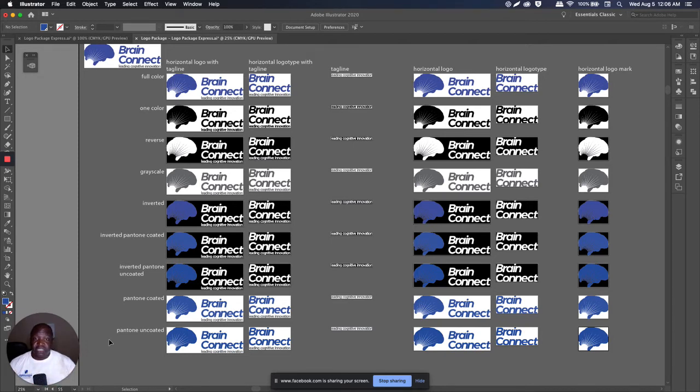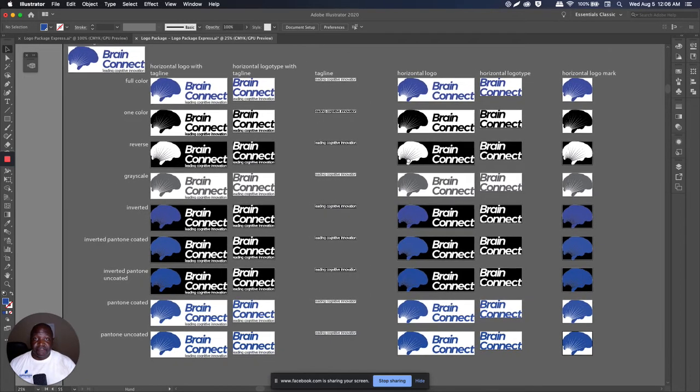So this is just a really, really awesome tool. It also has them reversed out as well. And if you don't want all of them here, that's fine. This is live, so I can go back through, and let's say I find some that I don't need. Like I said, I don't need this one here, the one color tagline, or I don't need the tagline inverted. I can delete that, and as I begin to export it out,